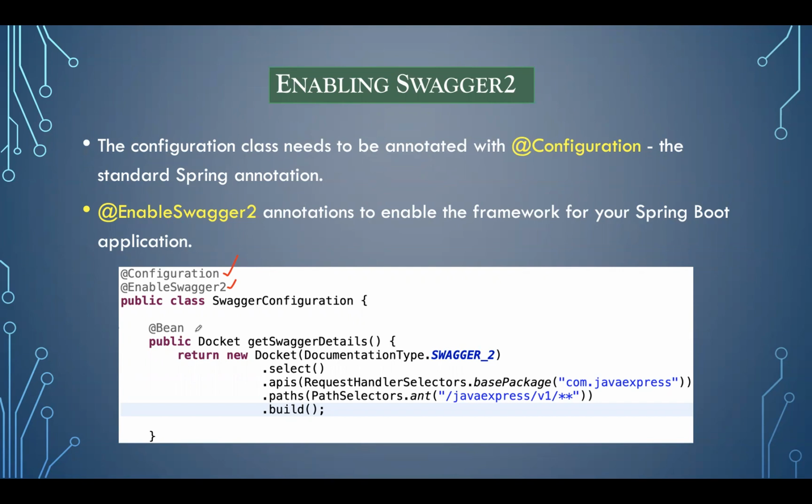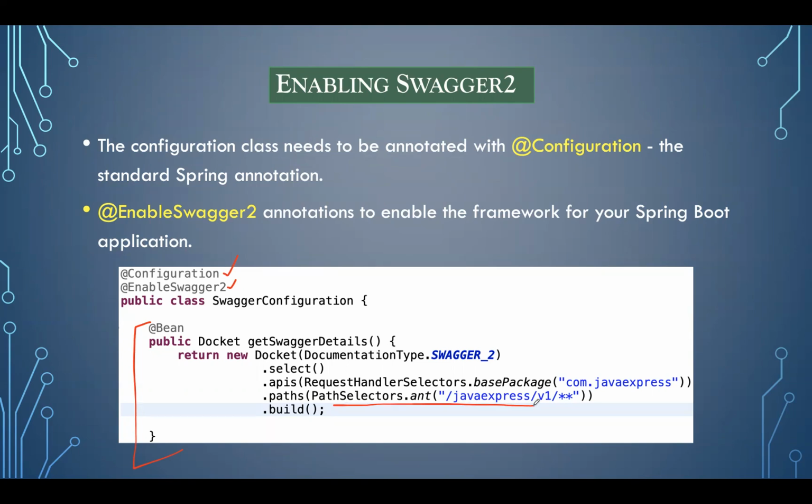And if you see here, I created one Docket object. This Docket object is used to expose which endpoints you want to expose for the consumers, and you can restrict them, you can provide security. Suppose in your project you have 10 controllers. All 10 controllers you don't want to expose, you want to expose only a few controllers. So those endpoints you can apply here by using a pattern, a regular expression, so that they will be exposed in your application.